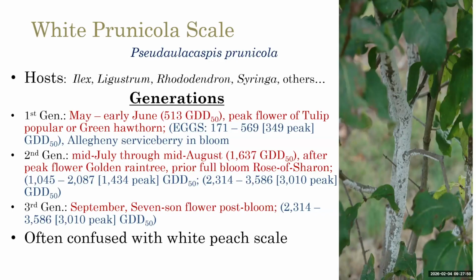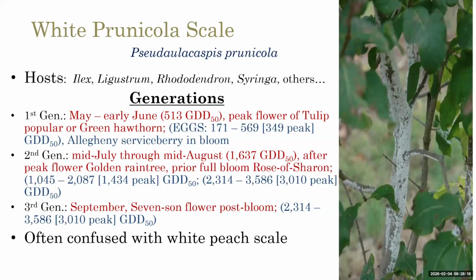But if you look, Maryland found that the first generation was 513 growing degree days. We were seeing eggs around that time frame. Is it possible that eggs were hatching in that time frame and we missed it? Yes, it is. But to be watching for it in May through early June is what the goal would be